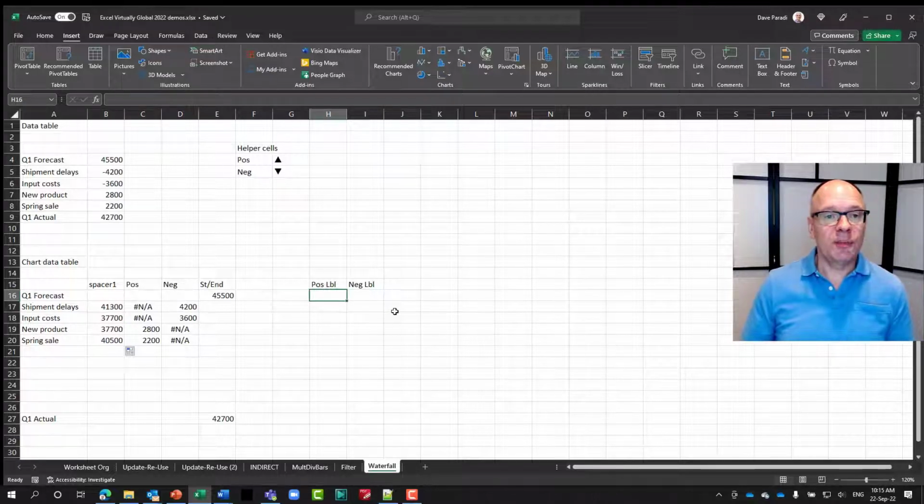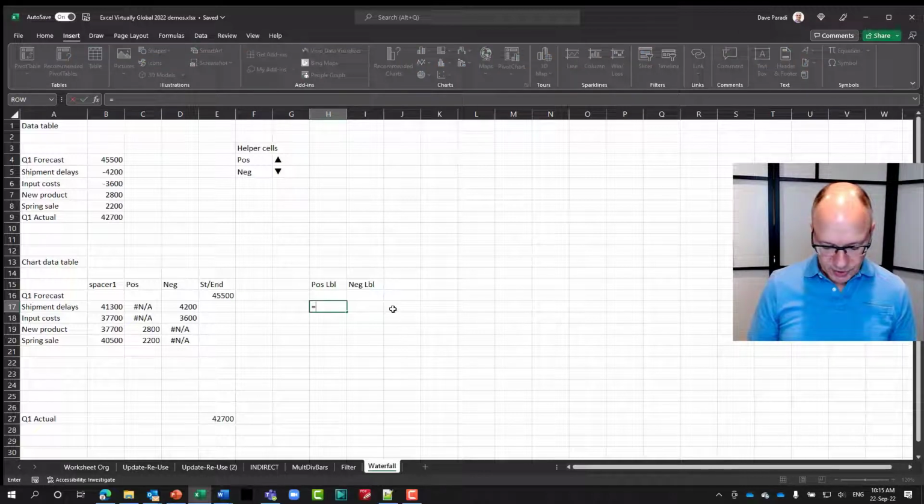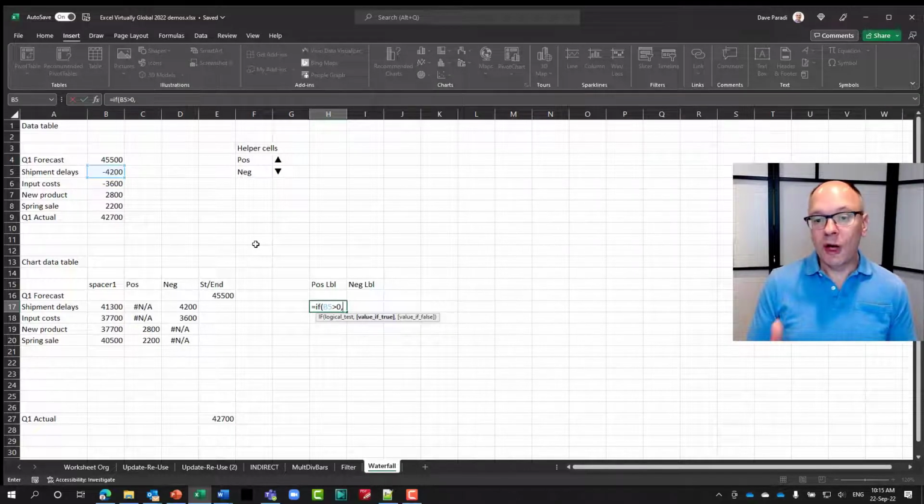The labels is where I'm going to be using these helper cells that I created. So the positive and negative labels, I don't need labels for the start and the end because those are separate. So I'm going to use my IF here: if the value here is greater than 0, so if it's positive, then how do I want this formatted? Well, I want to use that upward triangle and then format the number. So if it's positive, then I want